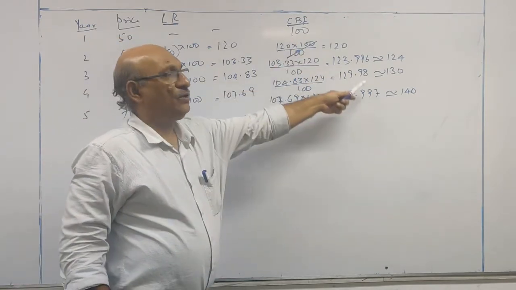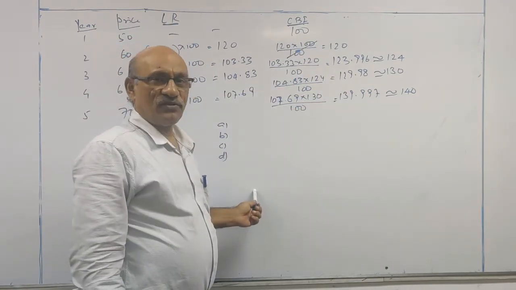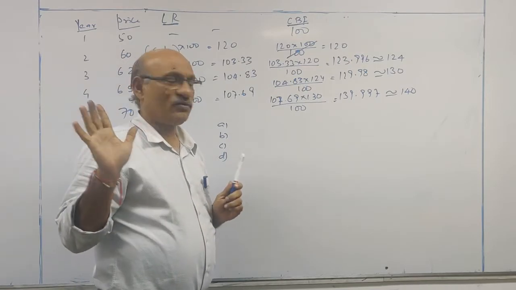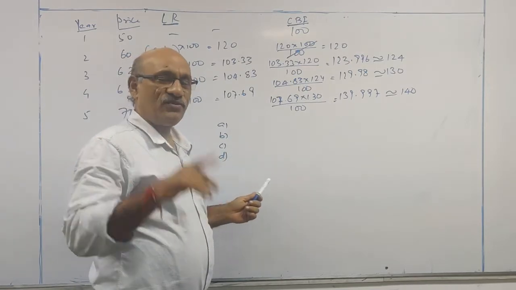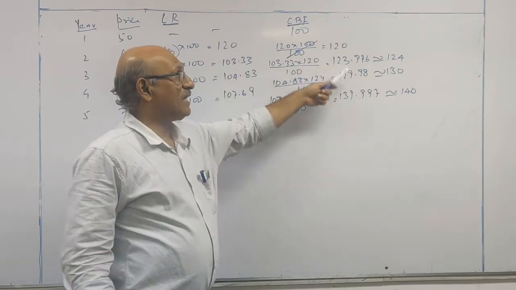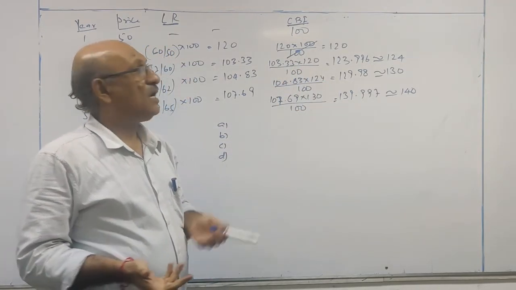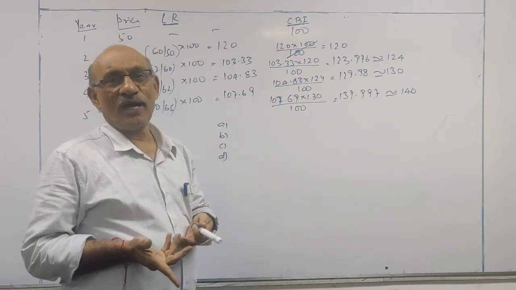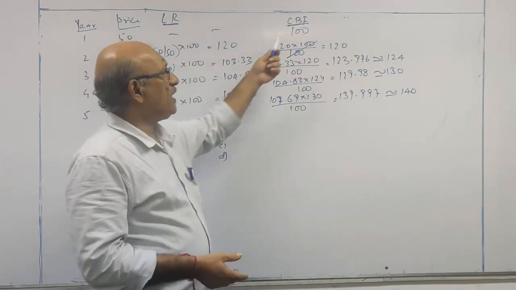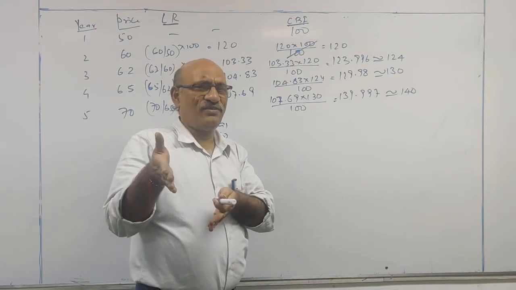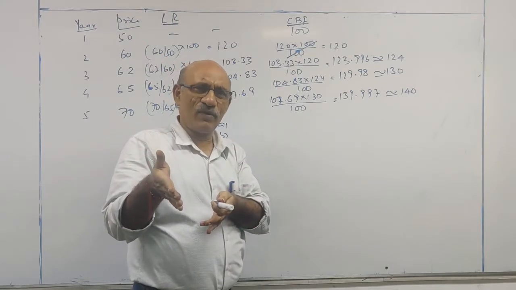Now you compare your calculated values with the options. With one of these options, your answer will coincide. That option you have to select, that's all. They want to test whether you know how to calculate CBI or not. Use some space on the question paper as rough paper, don't worry.